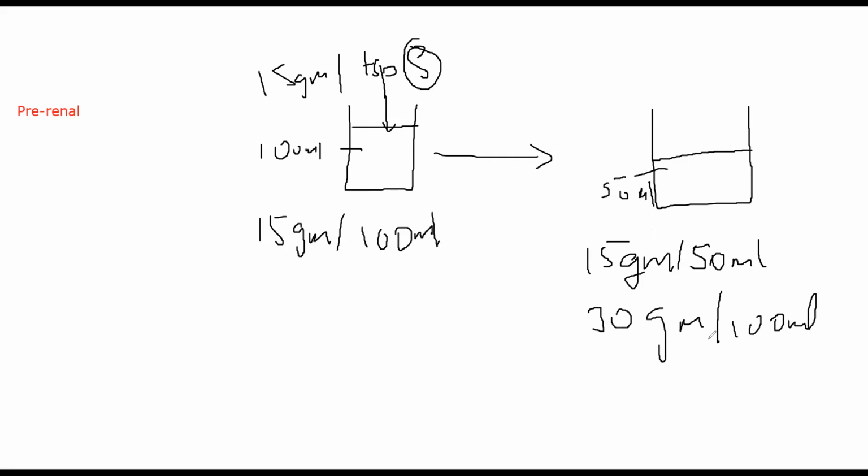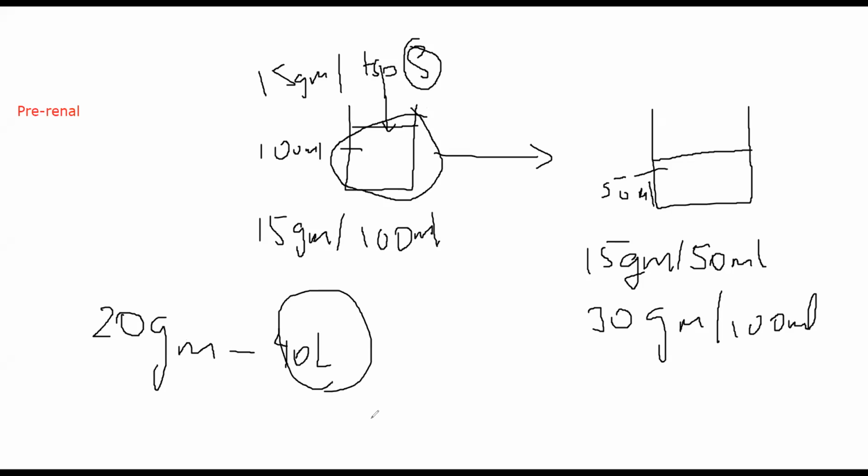So this is the same concept with urea. Pre-renal causes will basically indicate that the amount of blood or plasma volume or the fluid that is present in your body has decreased. So the relative amount of urea that is present, which was initially normal, let's suppose your body had 20 grams of urea in total in all of the fluids of your body, let's suppose the total fluid of your body is around 40 liters. In 40 liters you had 20 grams of urea. Now because of dehydration or whatever reason, this volume has decreased to 35 liters. That's a significant drop.